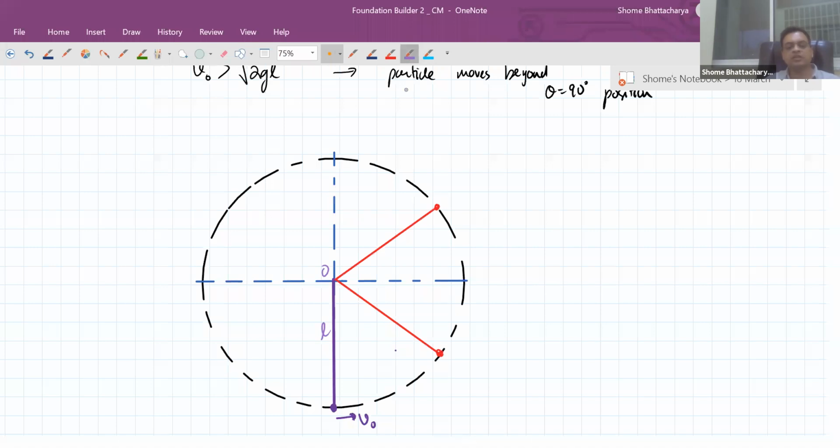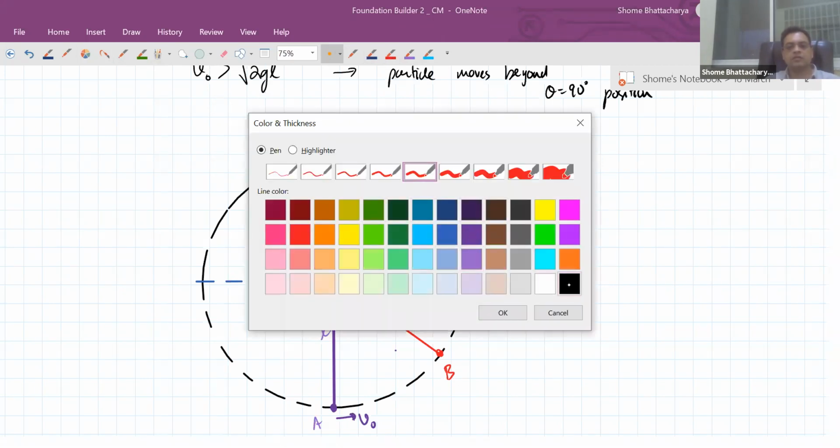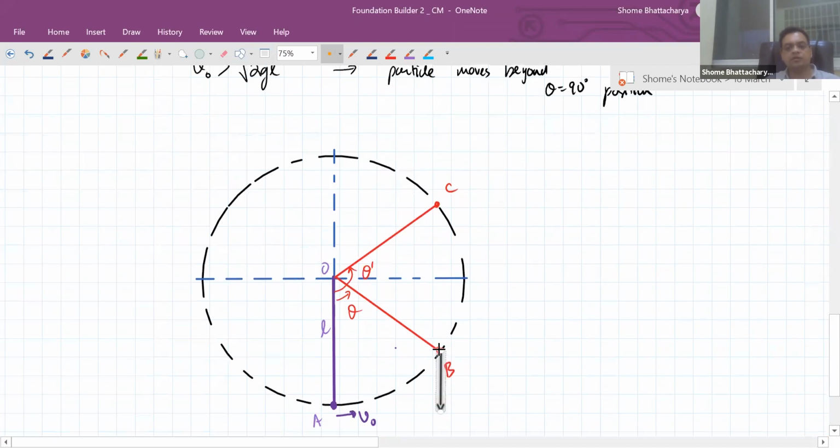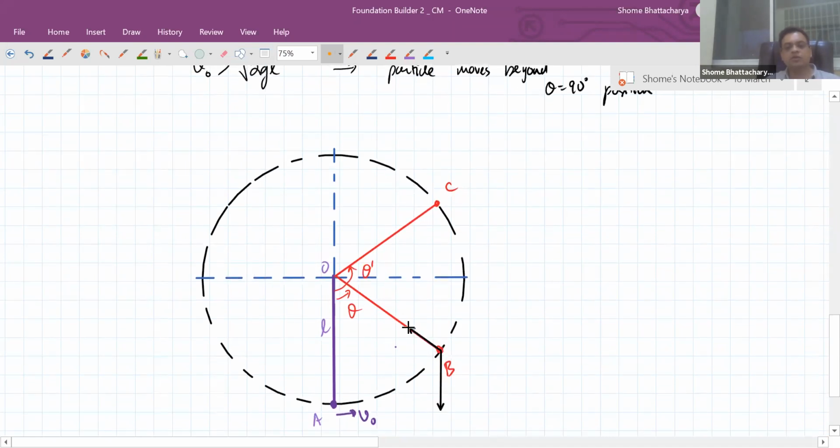So this was the starting position A, and after some time it has reached angular displacement theta, and it has reached this position B, and after some further time it has reached some angular displacement, let's say theta prime. Okay, so it's like this. Now if you see at these two different positions, the forces that are acting are very interesting. Mg is acting vertically down and tension is acting such that the radial component of tension is opposite here. At the point B, tension is like this, Mg is like this.